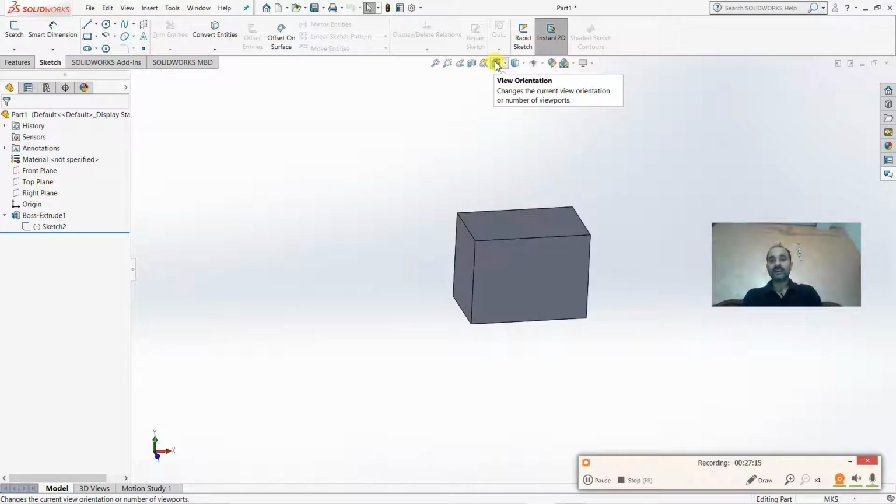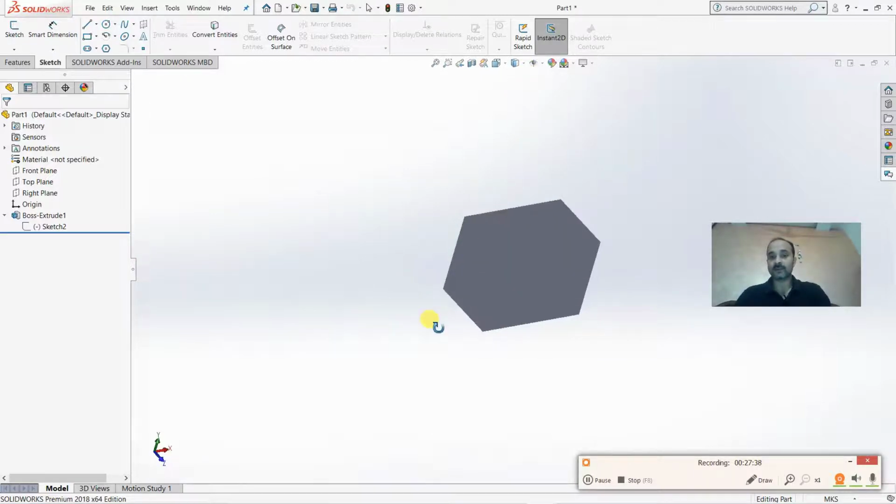Now moving to the next. The next control is your material control. Basically that shows you the display style, how your material is being viewed. You can click on that. The first one, you have black lines on the edges. The second one, the black lines of the edges will be removed.